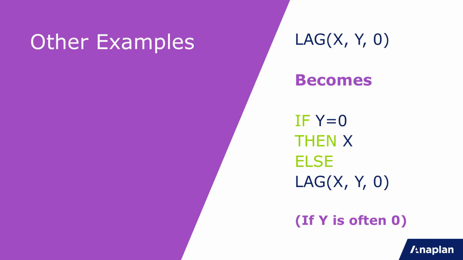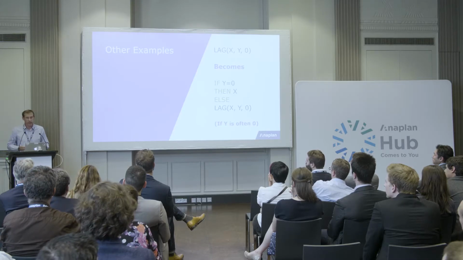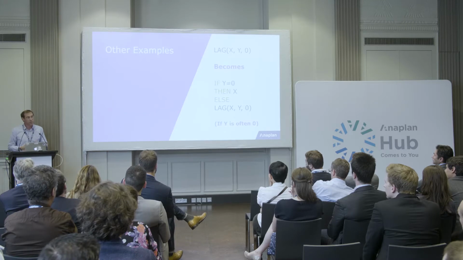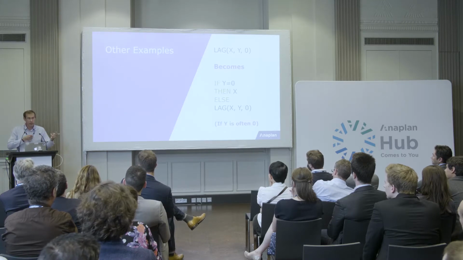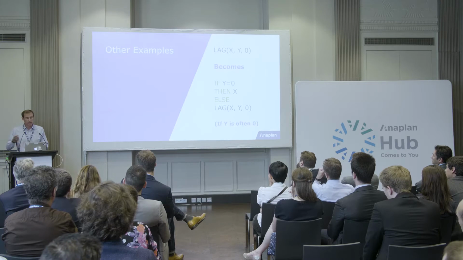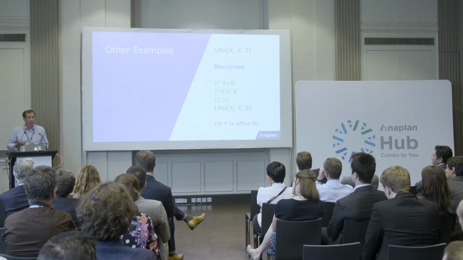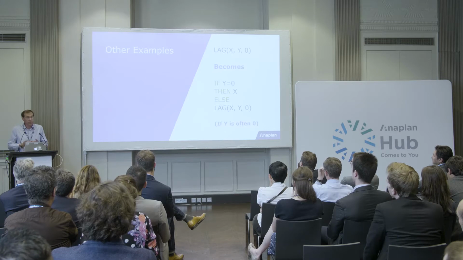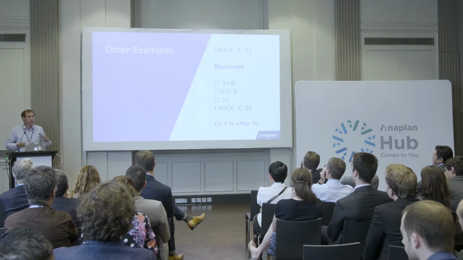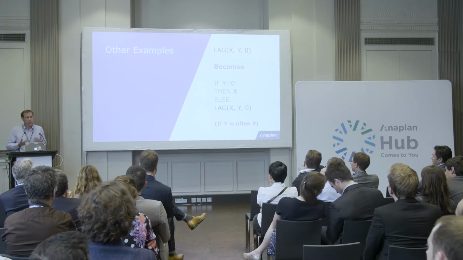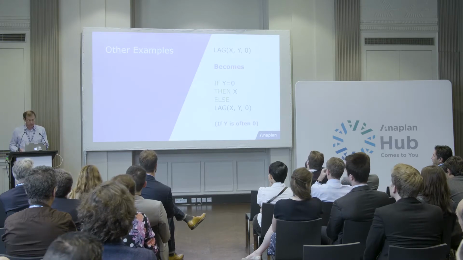And a couple of other quick examples. The lag or the offset or any of those where you're moving data, so the diagonal calculations as I like to call it. If you ask me to take no steps to the right, I haven't got anywhere. So don't ask me to take no steps to the right. It's silly, because I'm going to stay here. So if you find that one of your parameters you're using to lag or offset is naught, don't make it do a lag of naught, because it's just extra stuff to do nothing. So just use the number. So if you say if the lag is naught or the parameter is naught, then use the number, otherwise lag it. Again, just trying to let it do less work than it needs to.